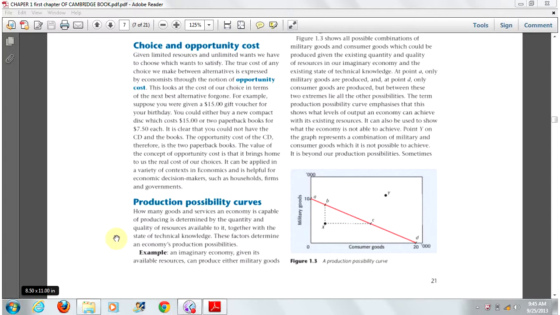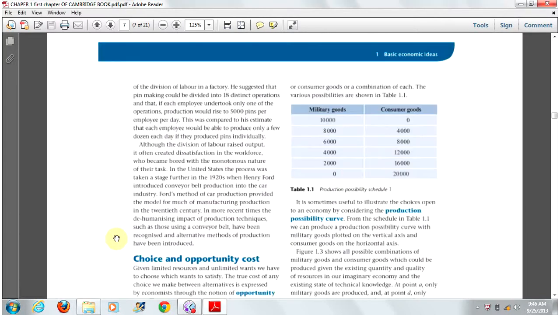Example: an imaginary economy, given its available resources, can produce either military goods or consumer goods, or a combination of each. The various production possibilities are shown in Table 1.1. It is sometimes useful to illustrate the choices open to an economy by considering the production possibilities curve. For the schedule of Table 1.1,